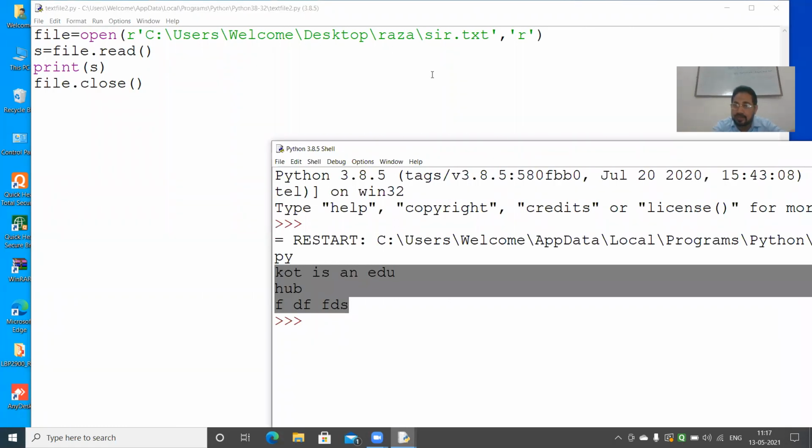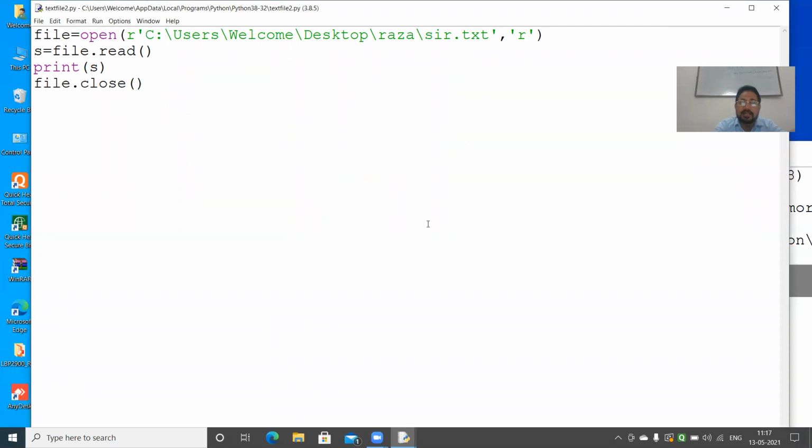Understood? If you want to give a complete path, and your file is stored at the location C users welcome desktop Raza and there sir.txt is there, and you want to read this file in the Python editor with the full location, full URL, then you have to write here R. So write the definition, the problem is solved.